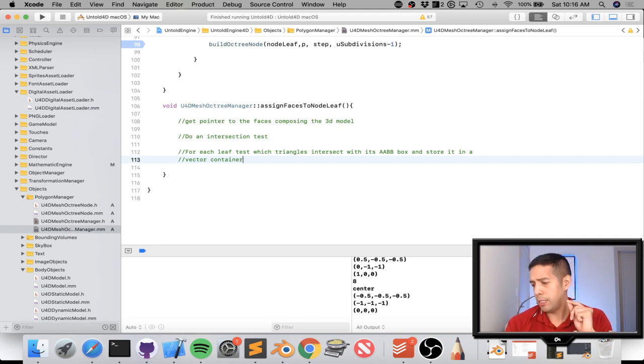So I go through each node of my octree, and I do a test with the triangles composing my model, and I store not that triangle itself, not the whole class of the triangle, but just